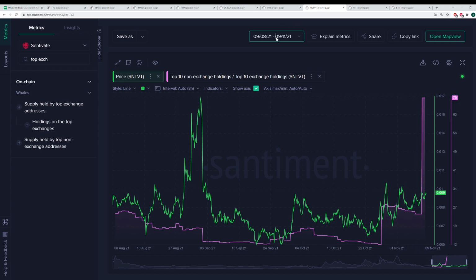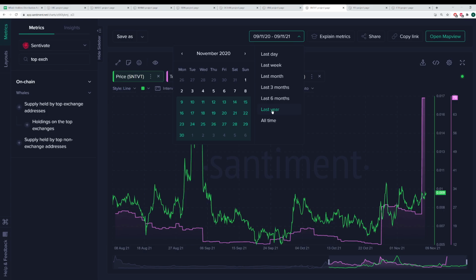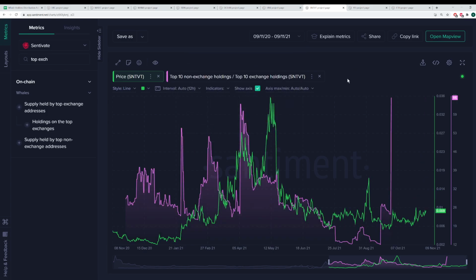There's not really any perfect alpha going on that we can see in this short time period for Santiment. But if you can see something like this spike here, price tends to move up as the top 10 non-exchange holdings versus top 10 exchange holding ratio grows. And then look at how, even though this spike happened after there was starting to be a decline, the price really was starting to decline already,